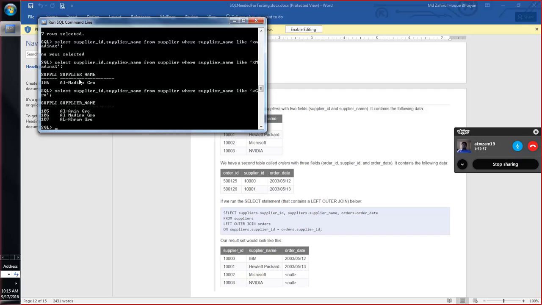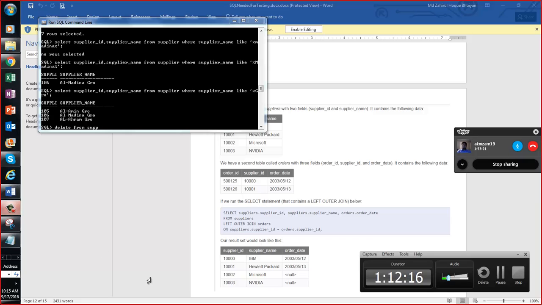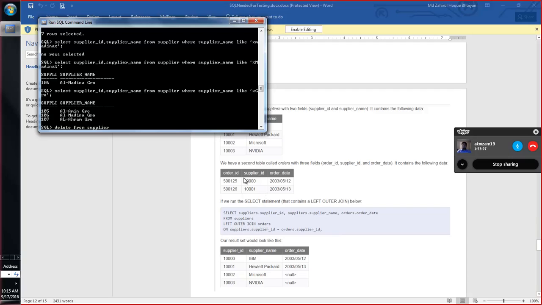Now let's say you want to delete the guy who has the middle name Ahram. How will you do that? See how this delete command works: delete from supplier where supplier name